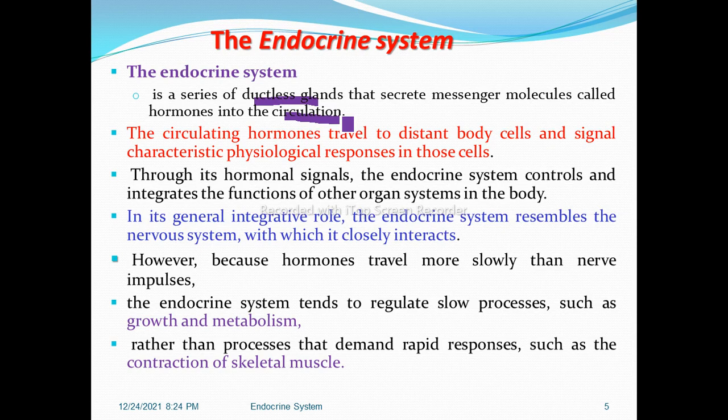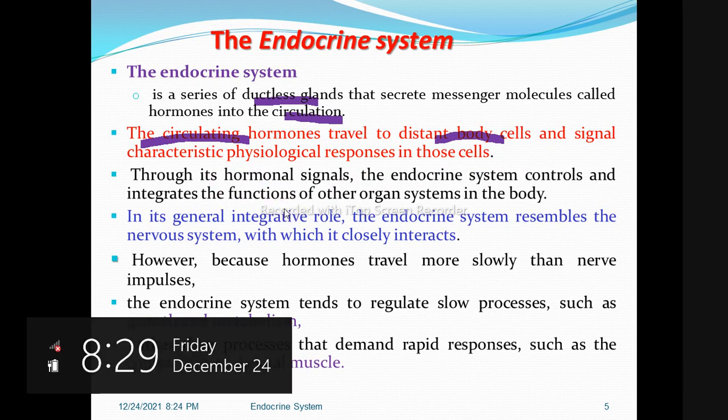Through the bloodstream, hormones move throughout the body and act on their target areas or receptor areas. Circulating hormones travel to distant body cells and signal characteristic physiological responses in those cells. Through its hormonal signals, the endocrine system controls